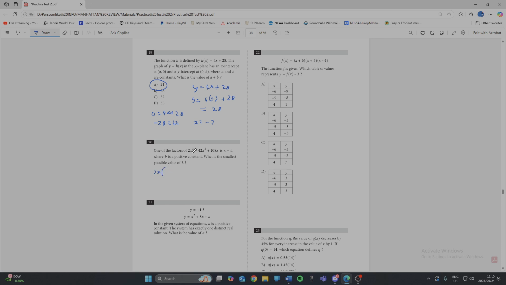Just make that nice. Okay, 2x. We would be left with, on this one, x squared. With the second one, we would be left with 21x. And with the last one, we would be left with just 104, right? Because 2x times 104 is 208x. Okay,